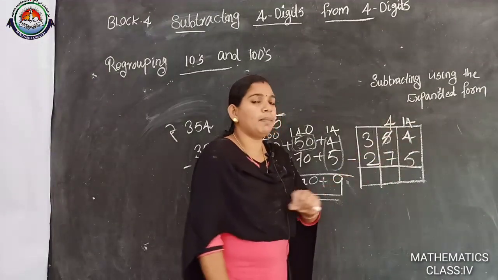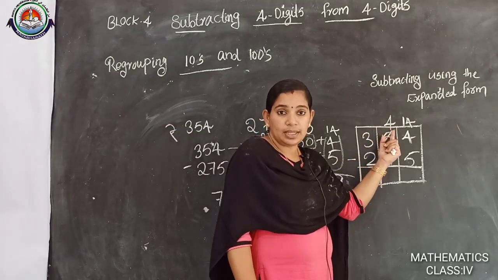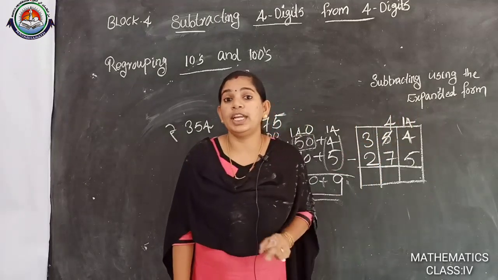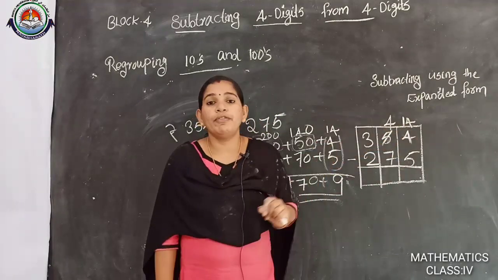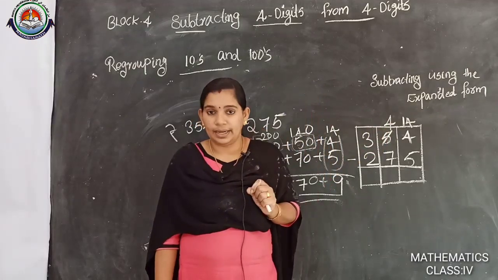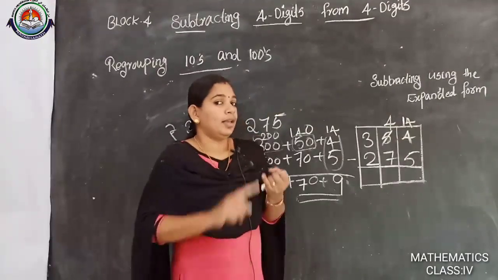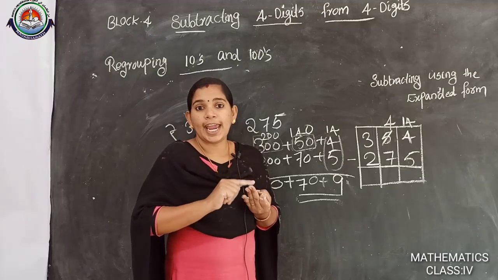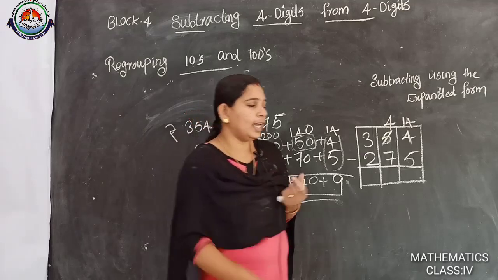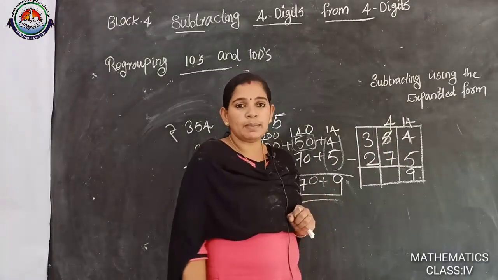You know how you get 14? We take only 1 from the tens place. So 10 plus 4, 14. Got it? So that is how we get 14. We want to add 10, not 1. Then 14 minus 5: 6, 7, 8, 9, 10, 11, 12, 13, 14. How many fingers? 9.